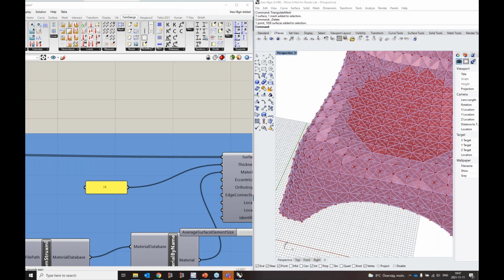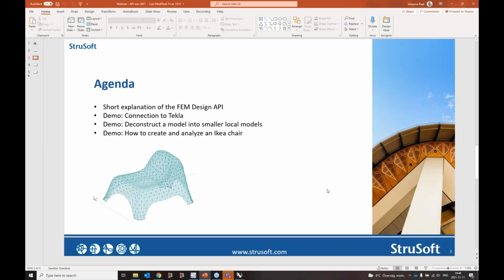Does FEM support mesh models? If so, can we use Rhino Compute to create a mesh in FEM? No, at the moment, we don't support the mesh model in the way that I think you mean, that you could just import a finished FE mesh. I'm not quite sure I understand the question exactly. But if you like, you could email it to me a little bit more detailed maybe, and I can try to answer it afterwards. My email is